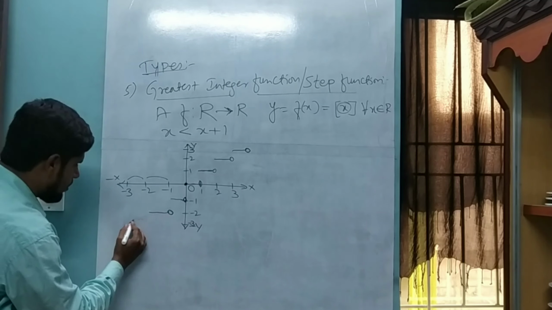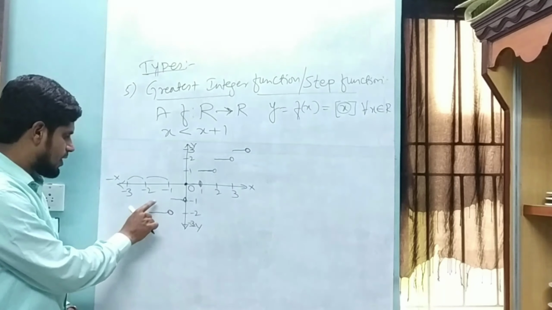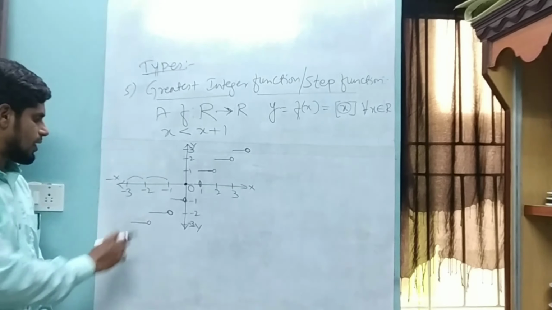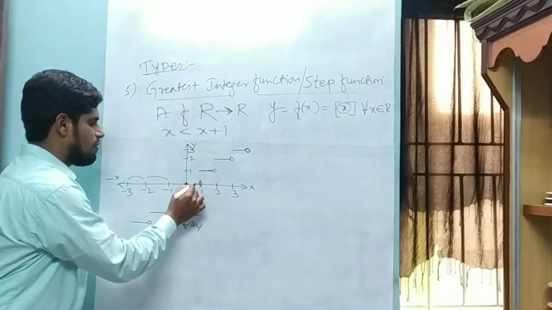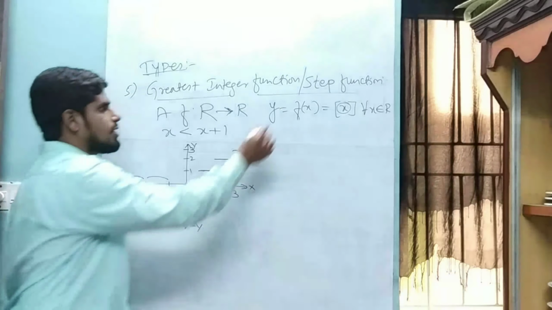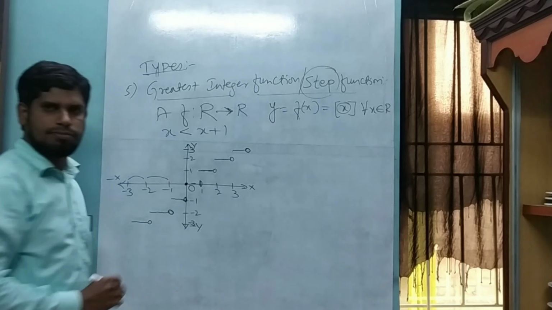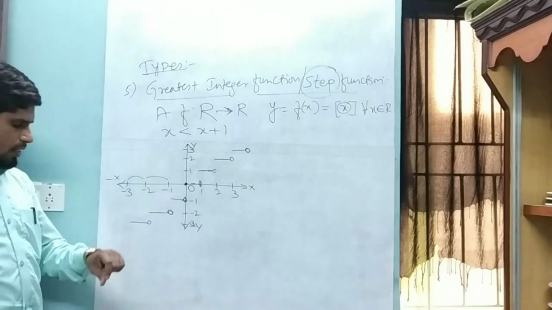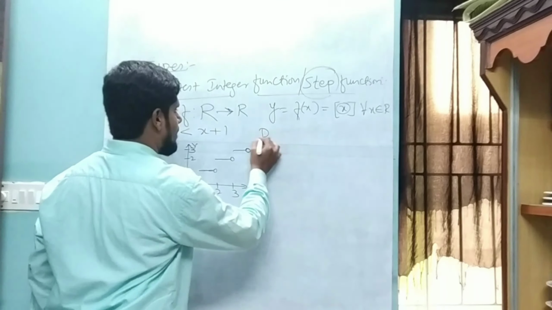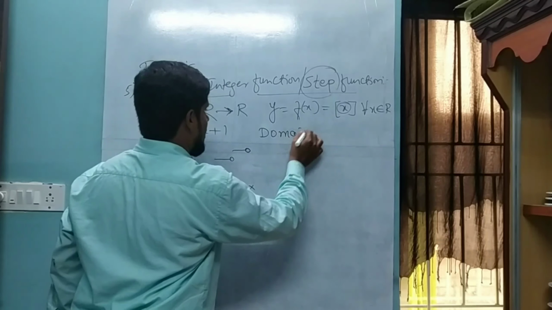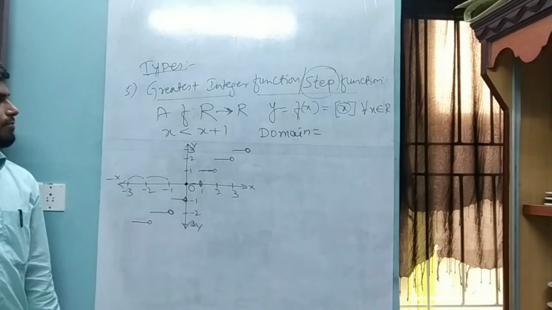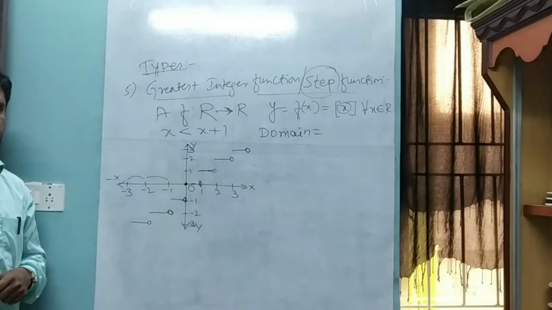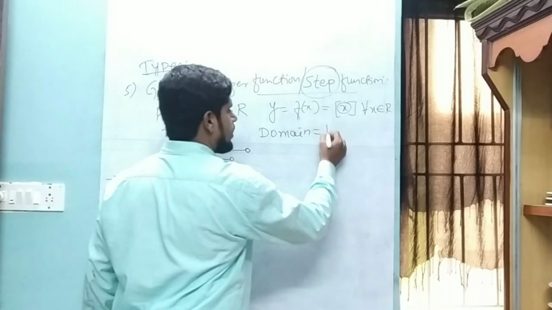Now, if I see the graph of this function, it exactly looks like steps, climbing steps, one after the other. So that's why its name is a step function. Students, this is the graph of this. Let us discuss the domain of this function. What is the domain here? Obviously, all the values I am giving, including decimals and whole numbers. So, no doubt, it is the real numbers.